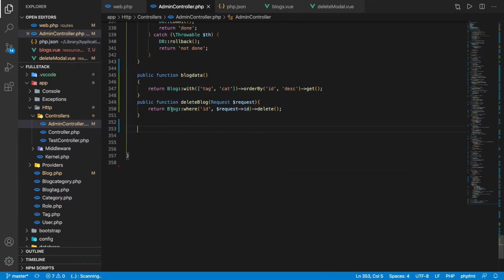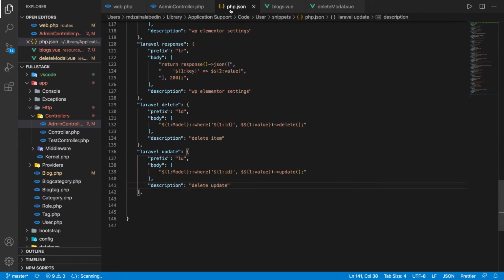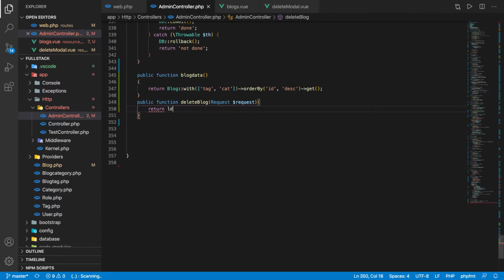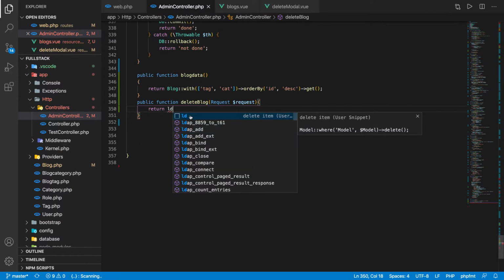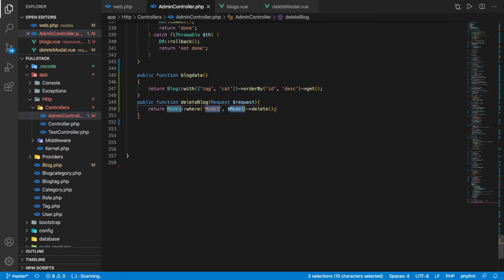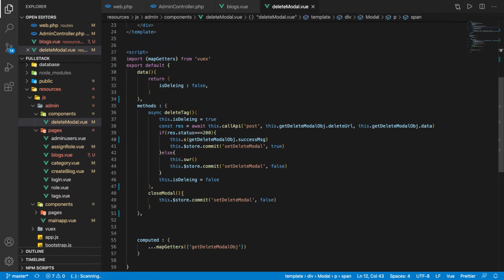Now if I come here and if I even delete these things, and if I say Laravel, what was that? Laravel delete, Laravel update. Okay, Laravel delete, I should get this now. So it should say blog, and where it says, oh no,